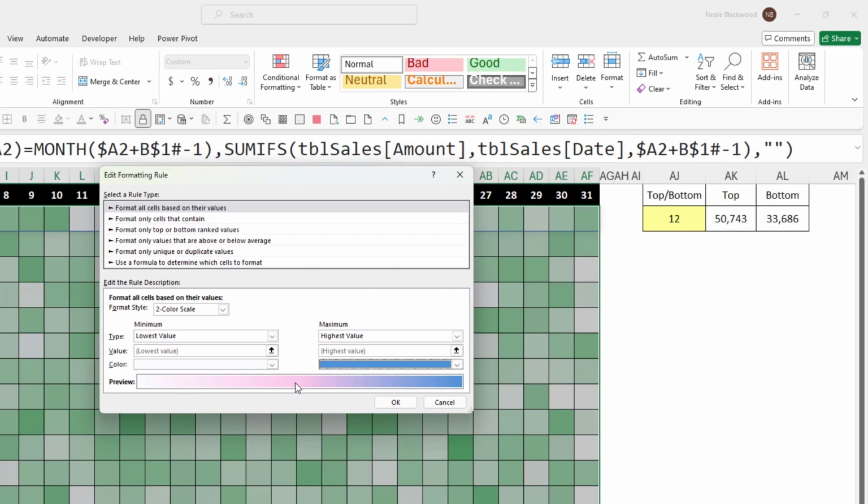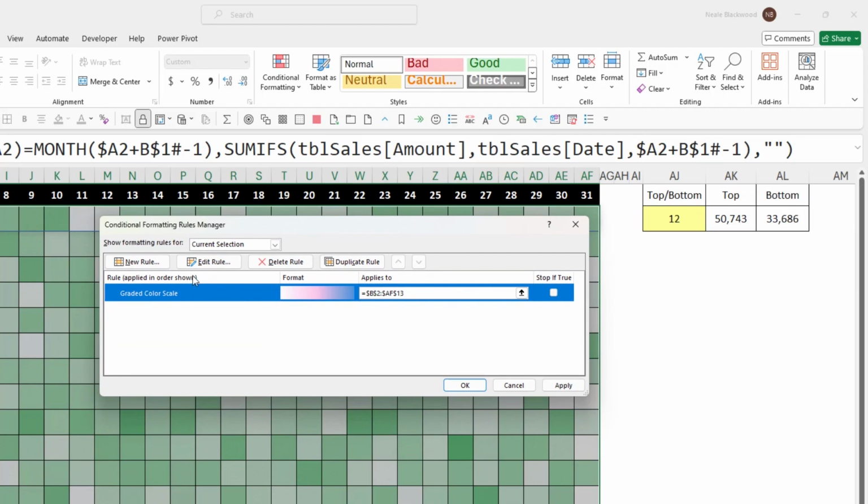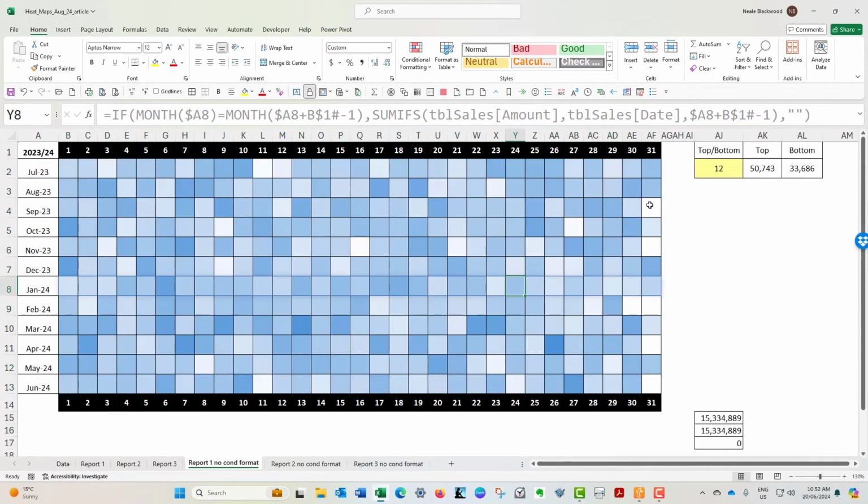blue. Now on the screen here, this looks pink. That doesn't display, so I don't know why it shows pink here. In conditional formatting, when you make a change in this dialog, it doesn't impact the sheet until you click OK or apply. Okay, so just a heads up on that. Click OK. Now, unfortunately, because I've got a blank cell for these illegal days, it looks like they're low sales